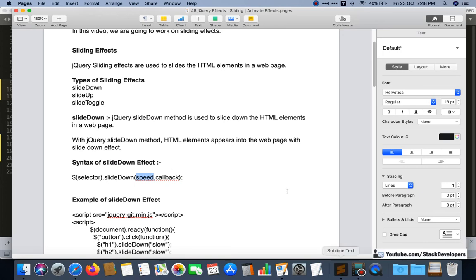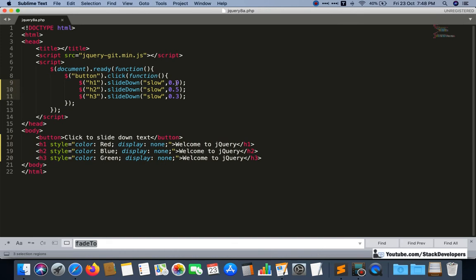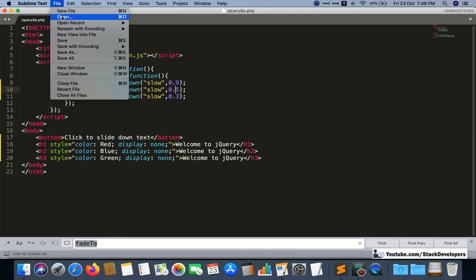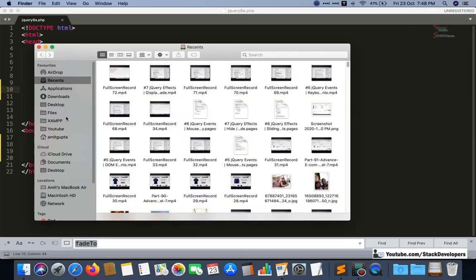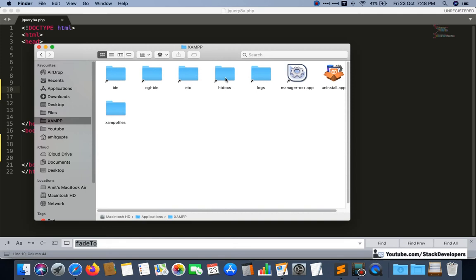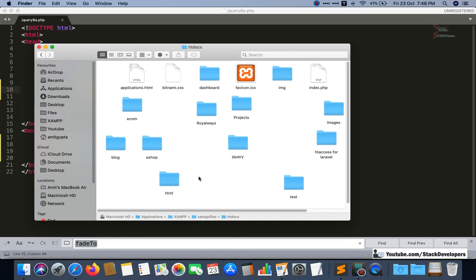Like we have done in the last few videos. I will open the speed example that we have done to check up to which value we can give the speed.